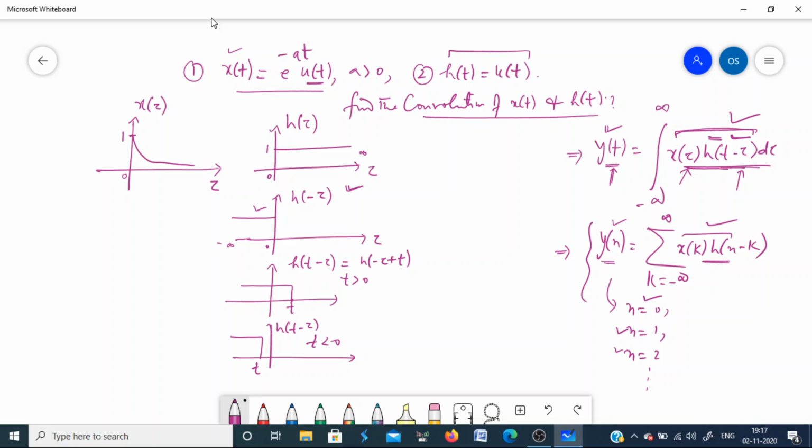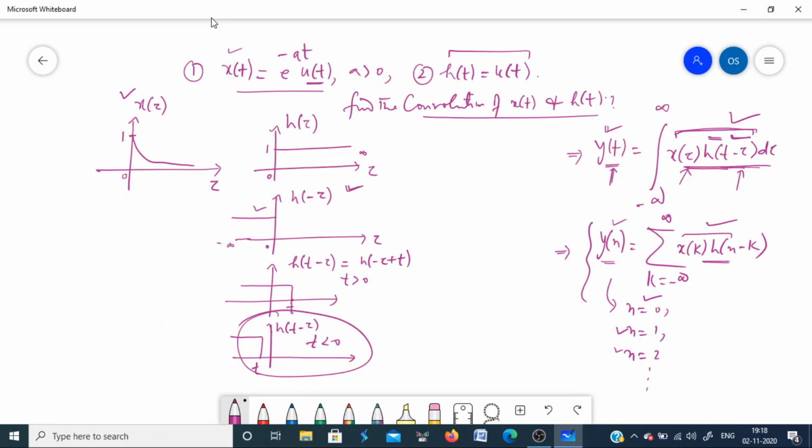Okay, so once you have generated h of t minus tau, then you have to multiply it with x of tau. And then you have to integrate. That is how you get y of t. Okay. Now when you multiply x of tau with h of t minus tau, and if t is less than 0,